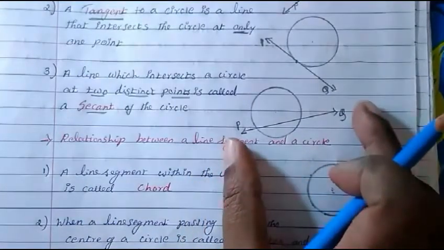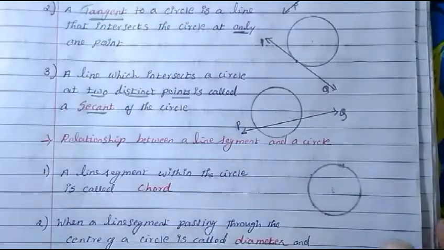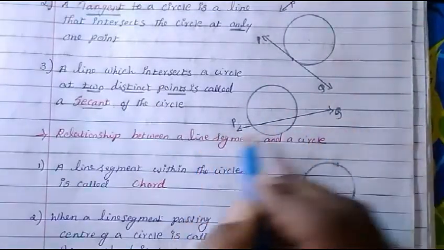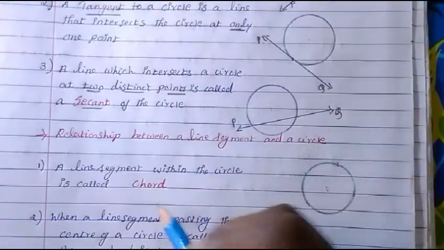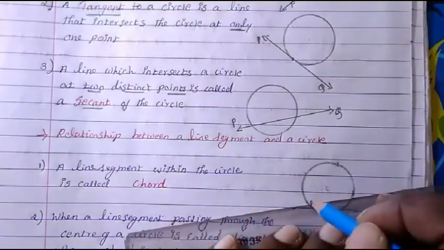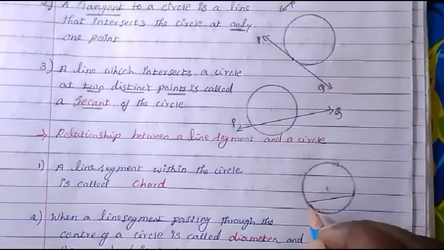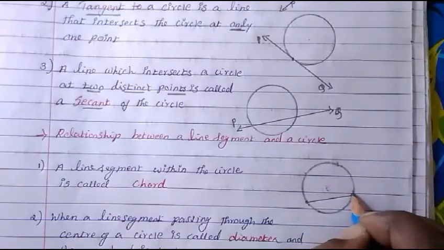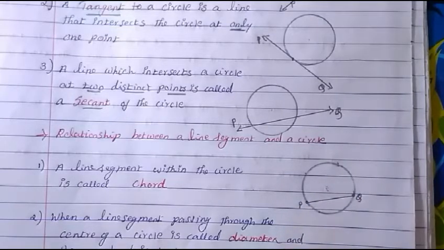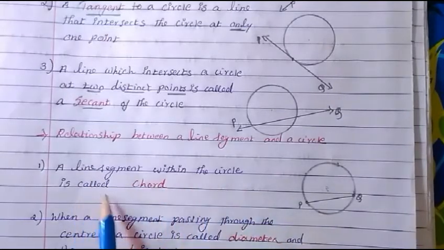This is a line segment, meaning an arrow mark will not be there. Okay, so now line segment. This is a secant when it is passing through or cutting through the circle, but here there is one more line segment. If you see, just within the circle, it is not cutting through the circle, but just within the circle there are 2 points. You can consider this point P, this is Q. Okay, so a line segment within the circle is called a chord.